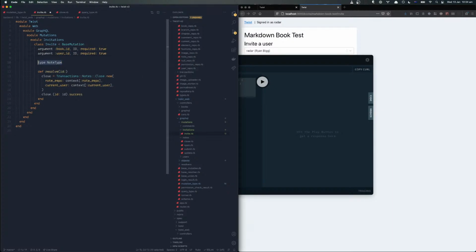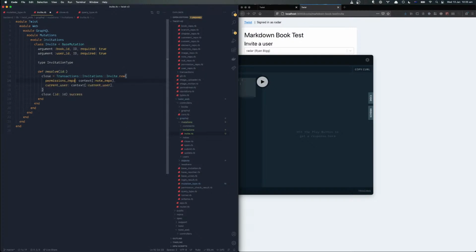The thing that we're returning is not indeed a note type. So when we're specifying types in mutations, we are saying this is the type that's being returned by this transaction. Oh, I get to tell you about transactions too today. That's going to be interesting. Invitation type is the type that we're going to be returning. The transaction that we want to execute here is an invitations invite,